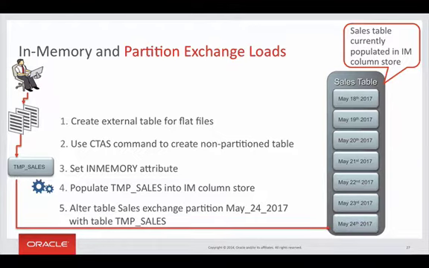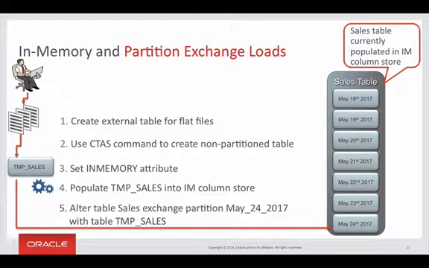So now that we're ready, we're going to do the alter table sales exchange partition to bring the new data that we've just loaded into temp sales and swap it for the empty partition we had in the sales table. Now, as I said, no data is going to move. What actually happens is that the partition table appears in the data dictionary as a linked list, and we simply break the link between the May 23rd partition and the May 24th partition, and we make that link now point